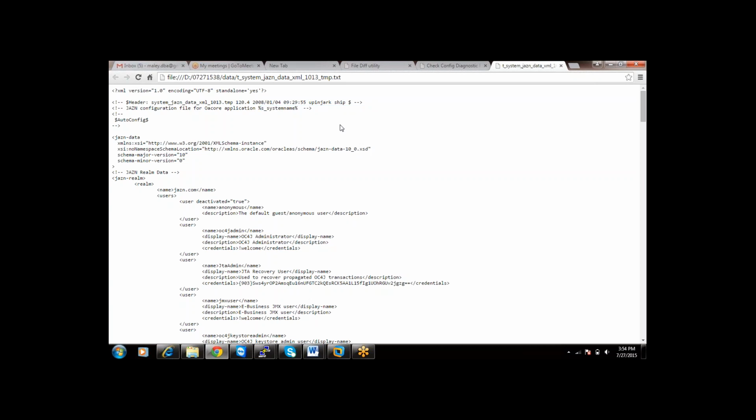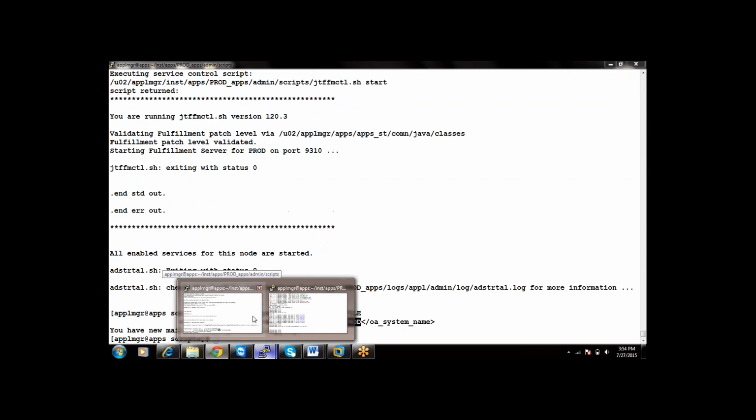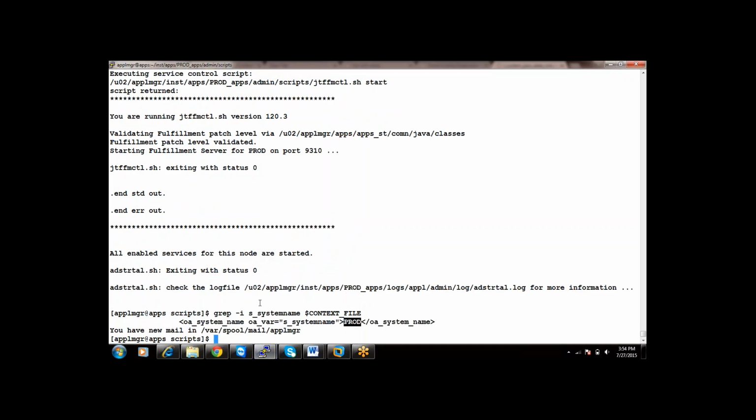I will run autoconfig in real mode now. adautoconfig.sh. If you want to submit the apps password through the command line only, apps pass equals apps.